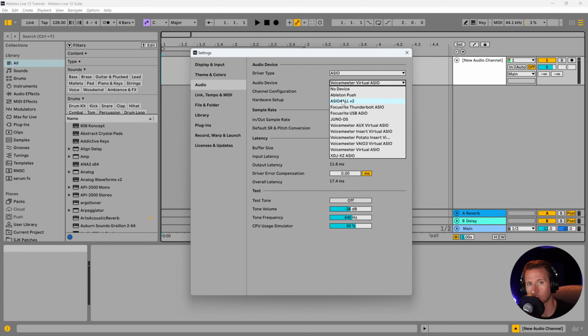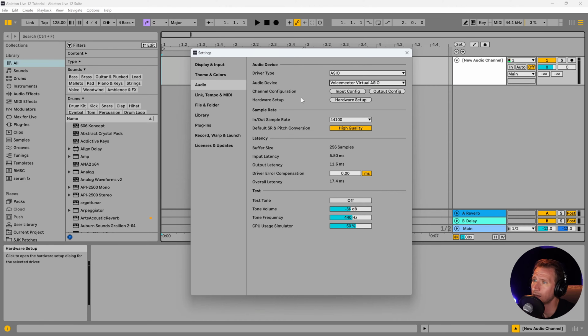But just note, you're going to have to get the latest drivers from the site. That also applies to your audio interface. If you're having issues, you may need the latest drivers. The last thing I'll mention to you is that if you're using, say, just a laptop, maybe you lost your headphones, you may need to change your driver type from ASIO to MME/DirectX, and then you can choose your laptop